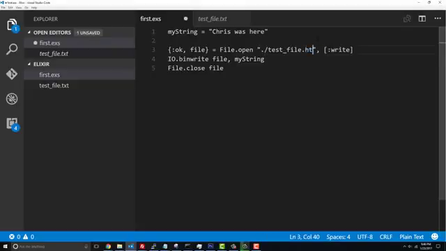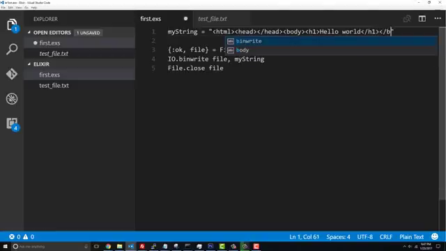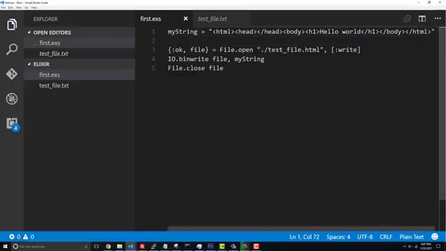In fact, if we wanted to, we could change this file type to an HTML page, and this could just be static HTML, where we say html, head. So this is all just HTML text. All right, there we go. So now when we go ahead and create this file, we're creating a testfile.html, and if we run this,